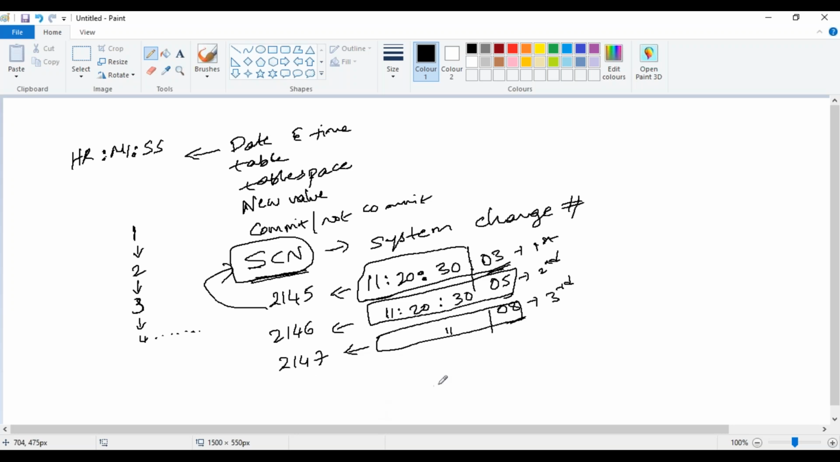So that is about SCN and what is its use. Tomorrow, let's say you lost some data and you want the database to be recovered. In that case, we can specify to which SCN number we want to recover. Let's say I want to recover to a particular SCN, something like